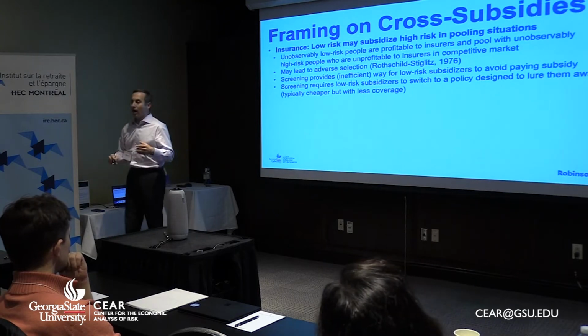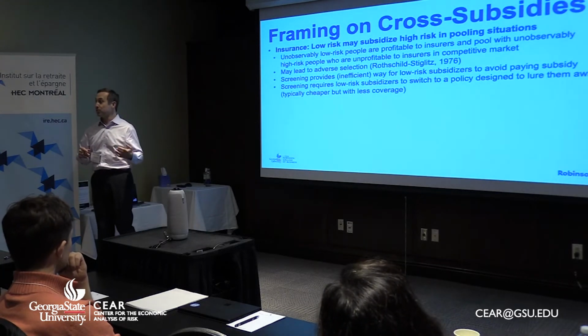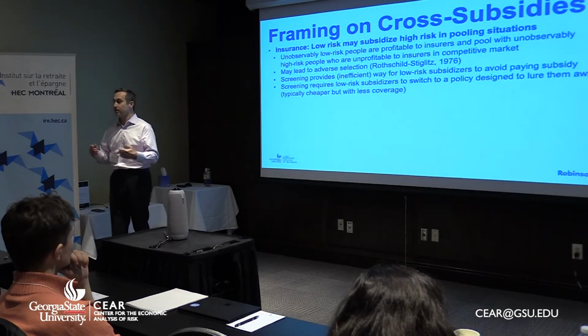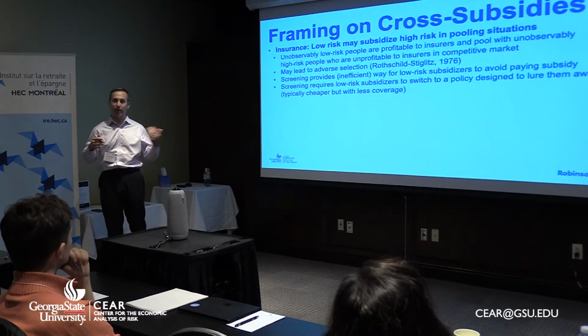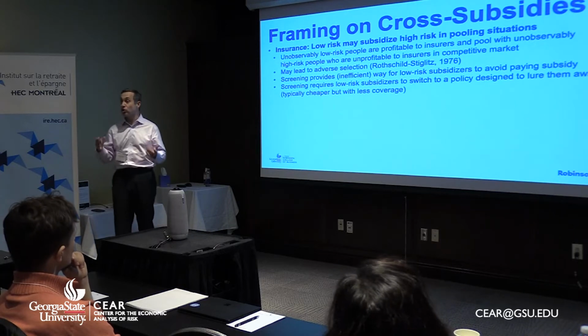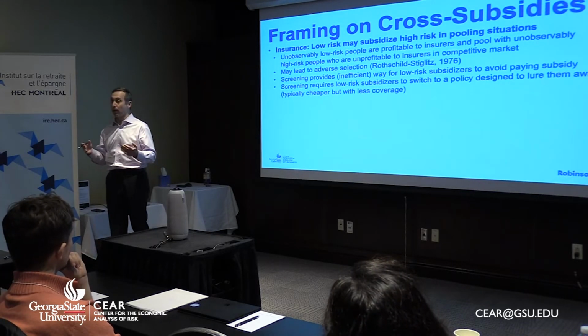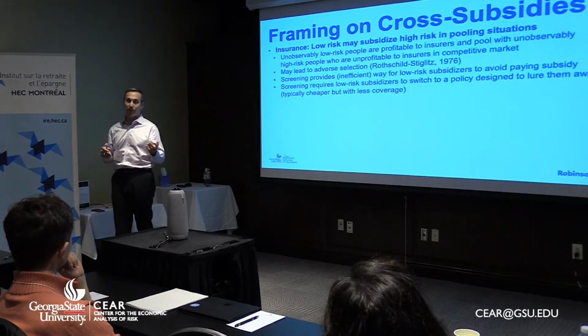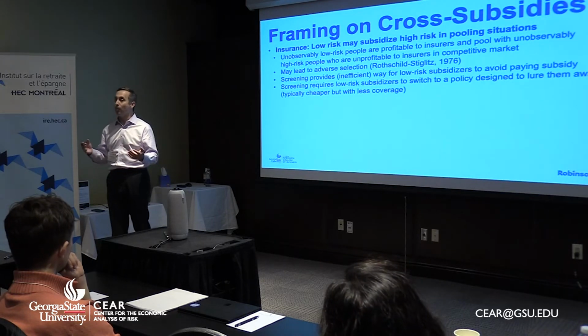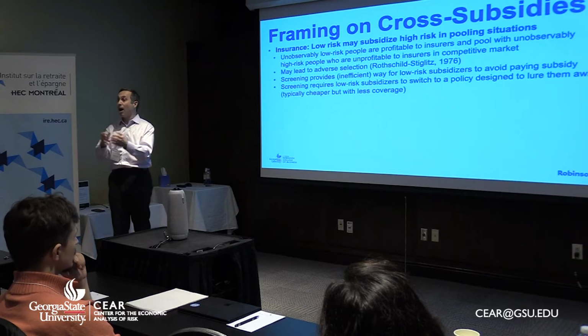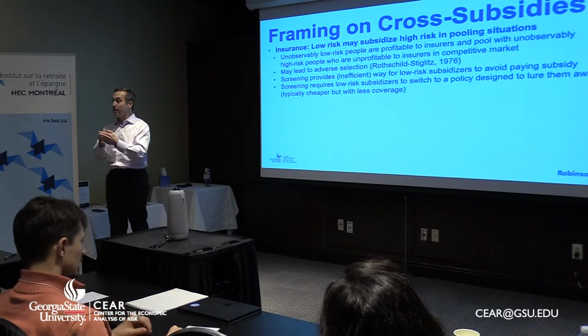Okay, so I'm a professor in a department called Risk Management and Insurance. So let me talk about cross-subsidies through an insurance lens. This is sort of classic, and then we'll talk about the deviation here. So typically in insurance, we think about cross-subsidy working as follows. We've got high-risk people, like bad drivers. We have good-risk people, like good drivers. They're all buying car insurance. They're buying a common product at a common rate because they're